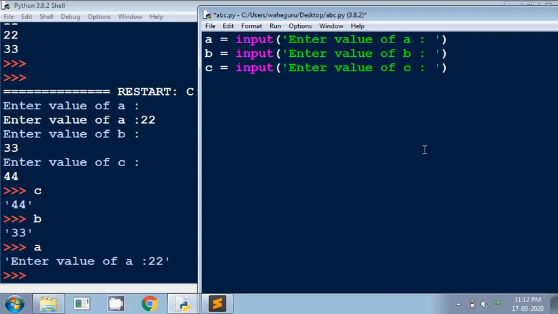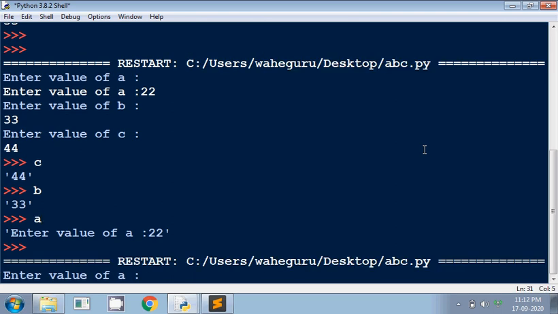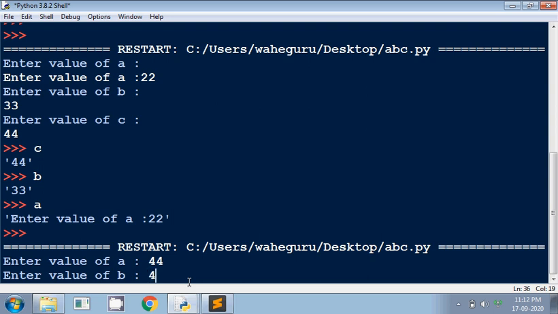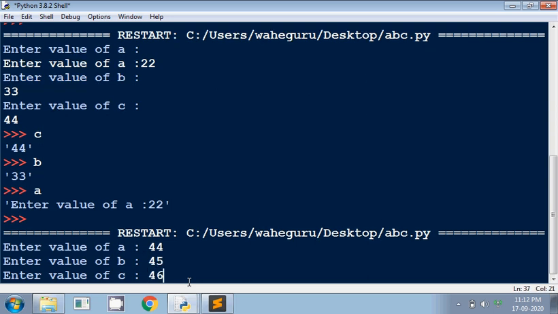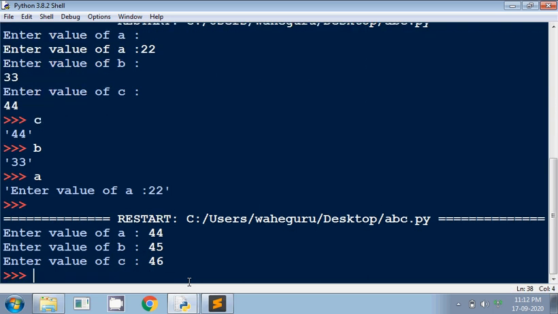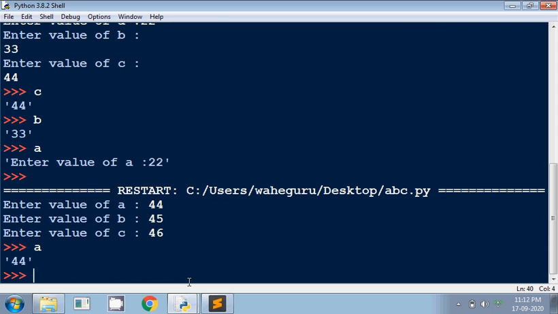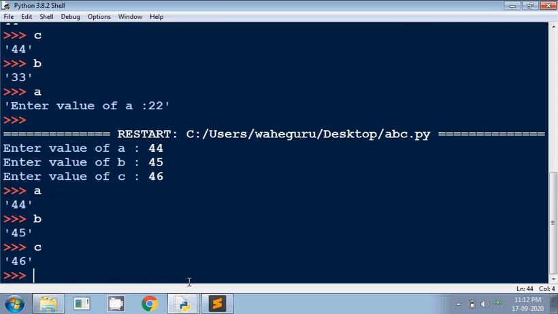Let me save the program and run it once again. It says enter value of a, let's say 44, for b 45, and for c it will be 46. So let's print the values of a, b and c. Okay, so it's working properly.